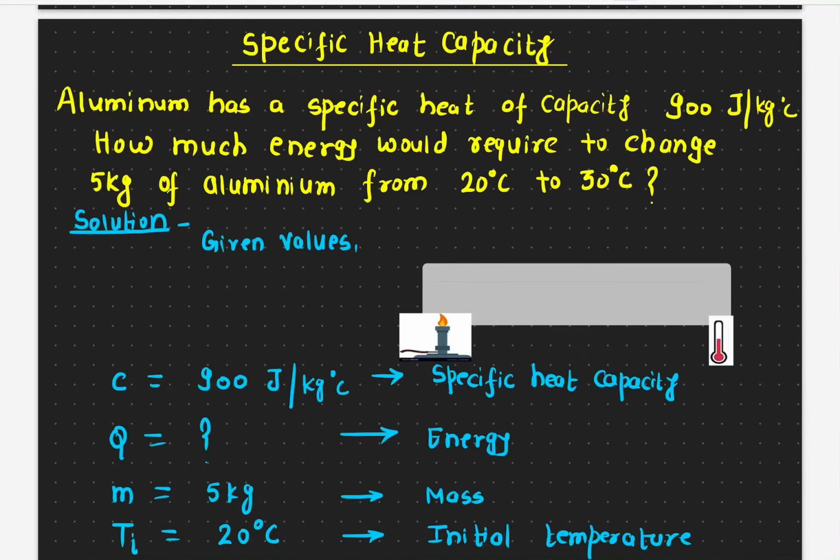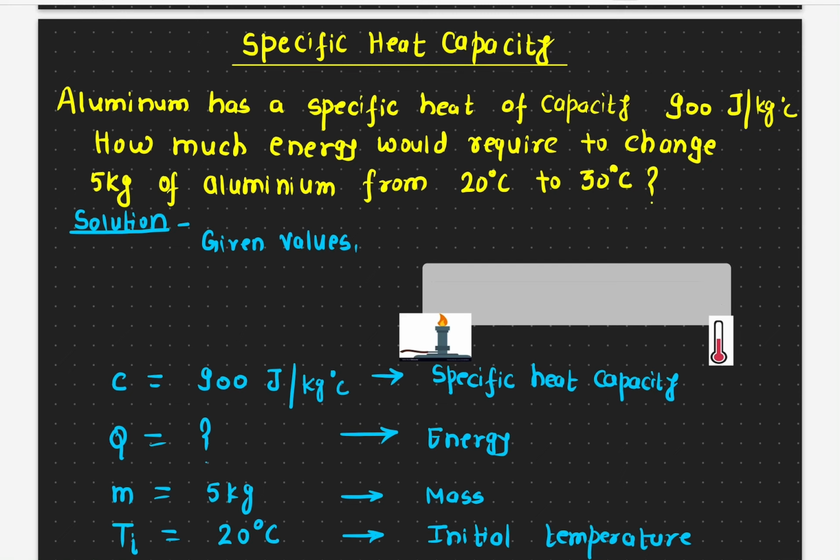In this video, I'll talk about specific heat capacity. To explain this, I have chosen an example. In this case, aluminum has a specific heat capacity. The value is 900 joule per kilogram per degree Celsius. So when this information is given,